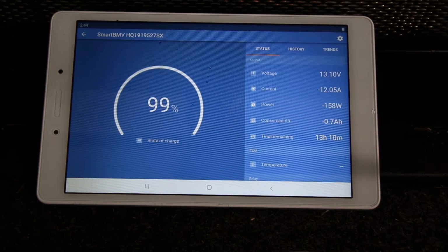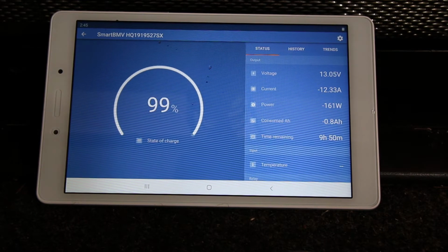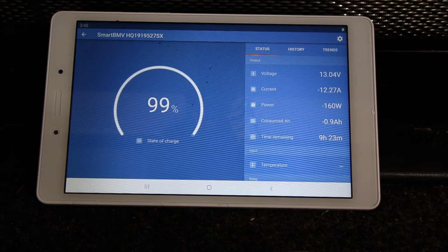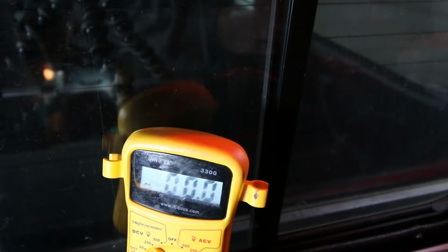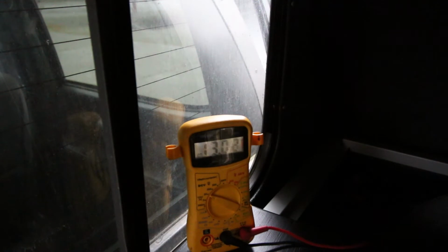Nice fluorescent bulb running. 12.13 at 99%. Yeah, I'm just wondering if there's something wrong with this battery. Still seeing a 12.6 amp draw on the system, 29.3 volts. I'm going to go ahead and kill that for a second. All the draw on the system is off. We're at